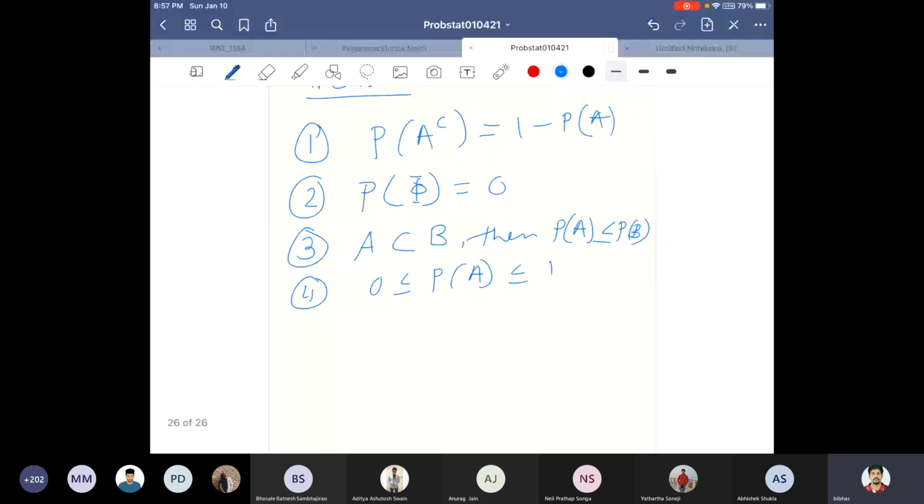Probability function is the image or the codomain set for the function. Probability is between 0 to 1, but you can just say it is a non-negative function, and then you can show that the value is less than or equal to 1. And then we also